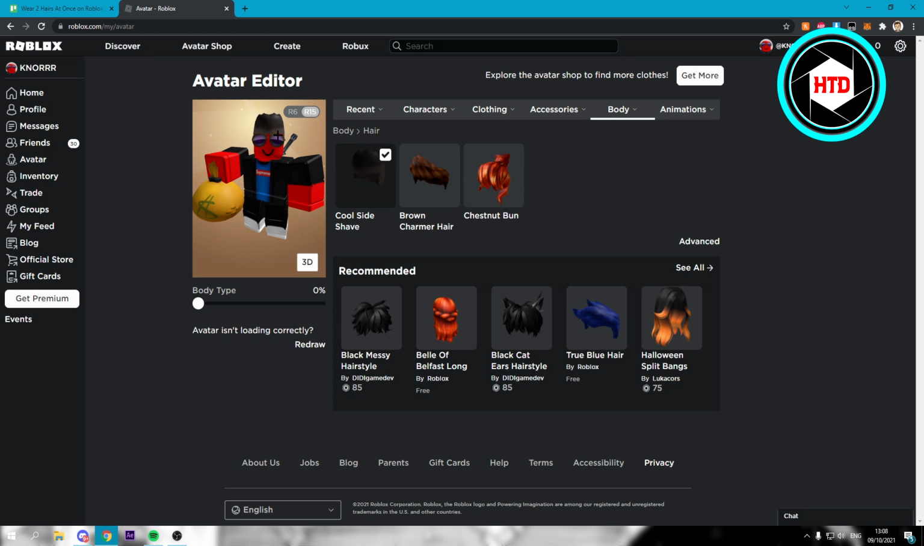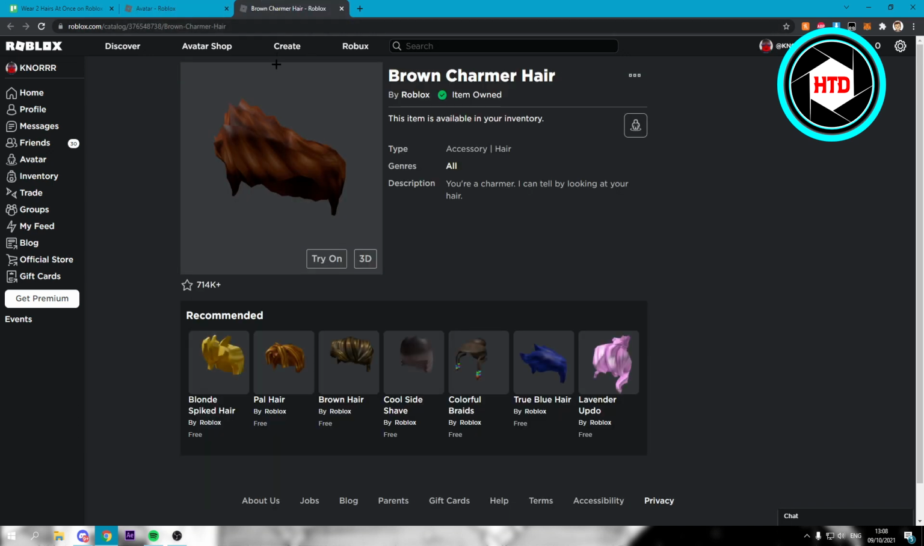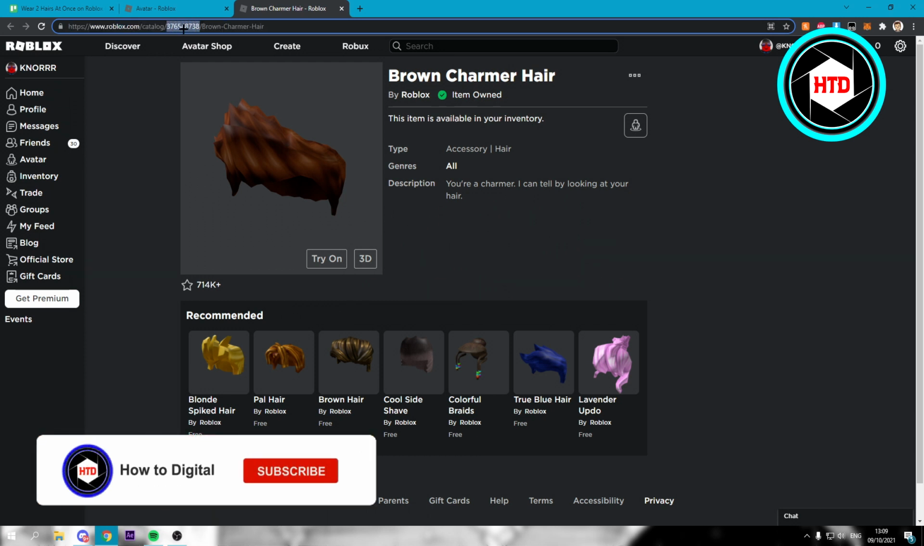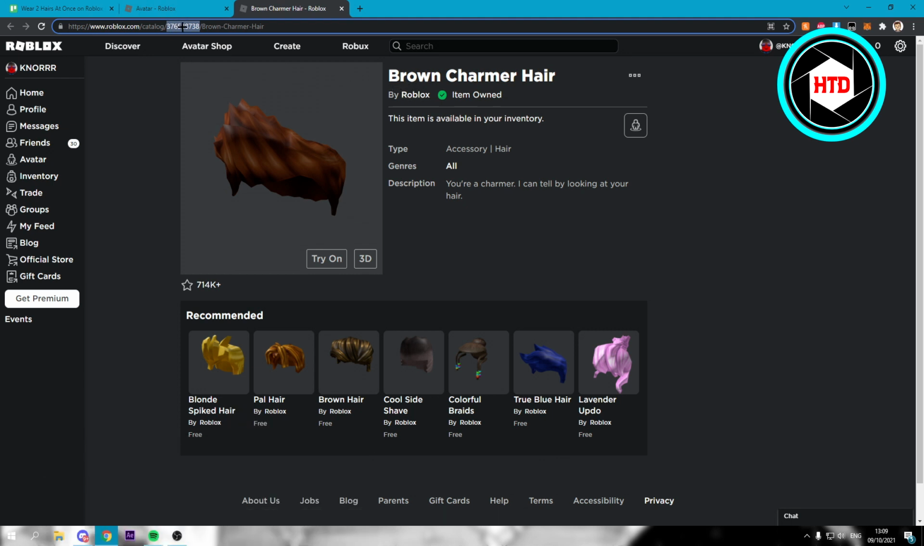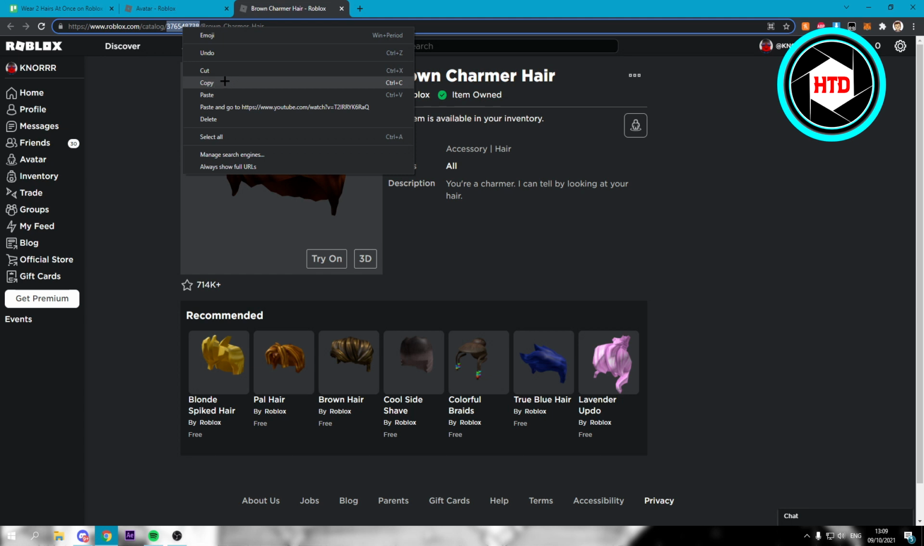But then what you want to do is go to the name of the second hair that you want to select, right click on there, open the link in a new tab, and once you've opened that up, you can now see this other hairstyle, and at the top you can see the link. Now these numbers right there are the unique code to this hairstyle. So you want to select that and then simply copy it just like that,